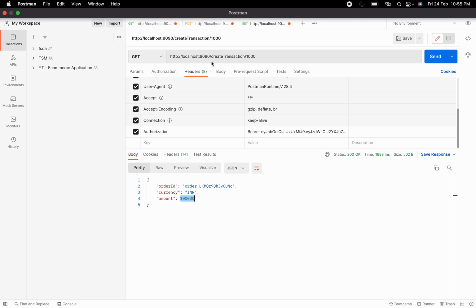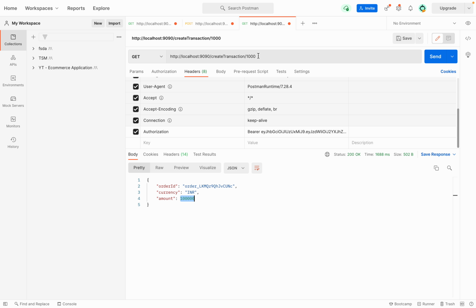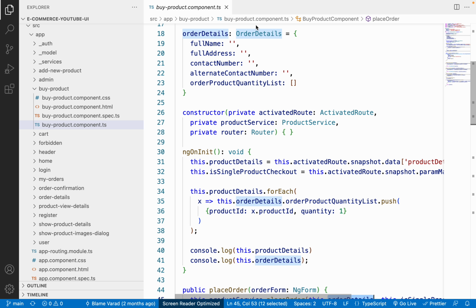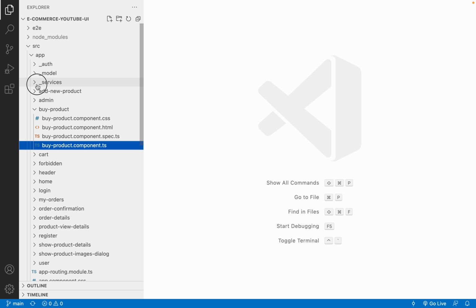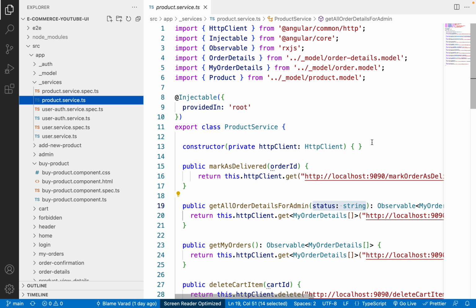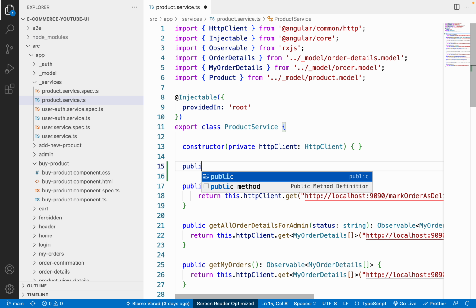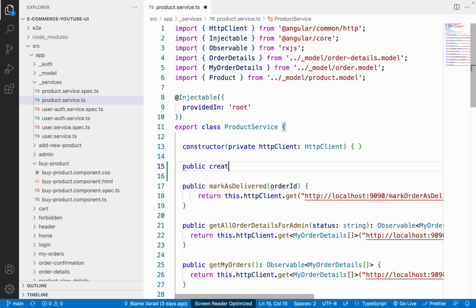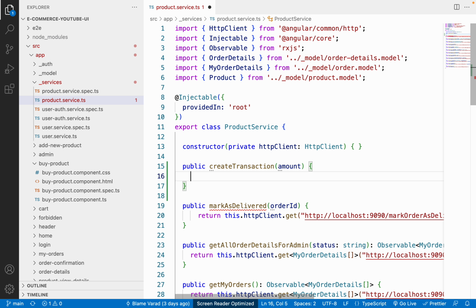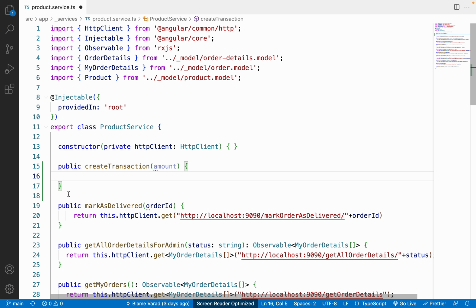So let's see how we can do those changes on the UI side. On the UI, first of all, whatever API we have created, we just have to call this particular API. So let me go to VS Code and go to the services, then to the product.service.ts, and add one more service method over here. Let me use public and make it createTransaction, and over here we have to pass an amount, and then use return